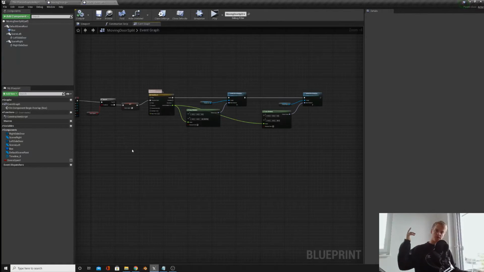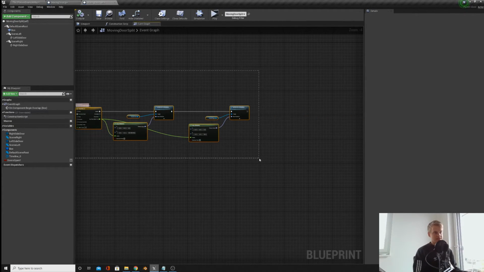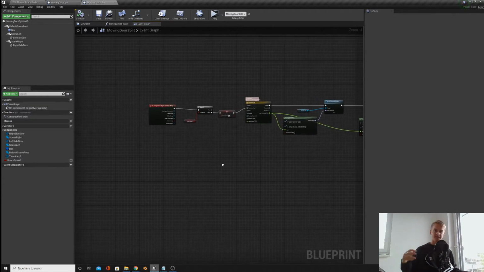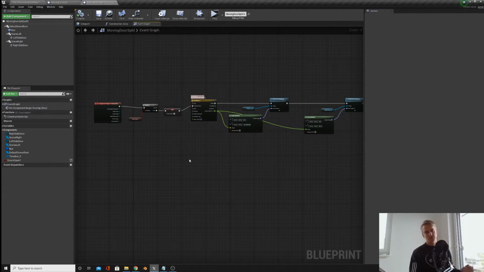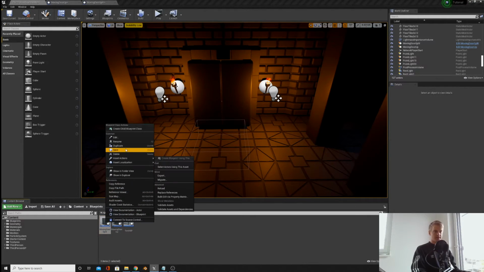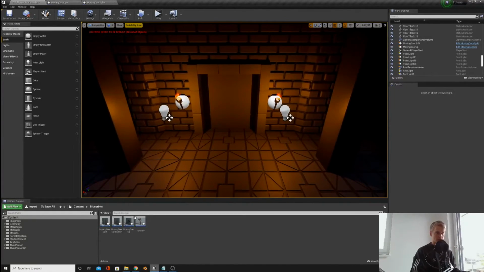And now we're doing the final door. It's going to be exactly the same as this split door, but we're actually going to tell it to open with a button instead of an overlap, and that will teach you a bit more about how you can communicate between blueprints. So the first thing we're going to do is go back onto the map, duplicate the split, and this time call it split button. So now move over to your final door, put in the split button,